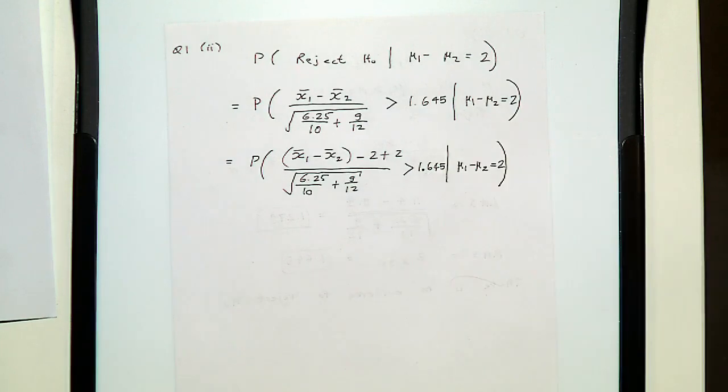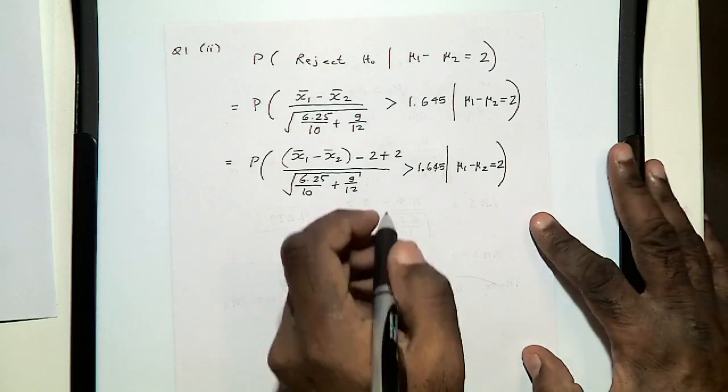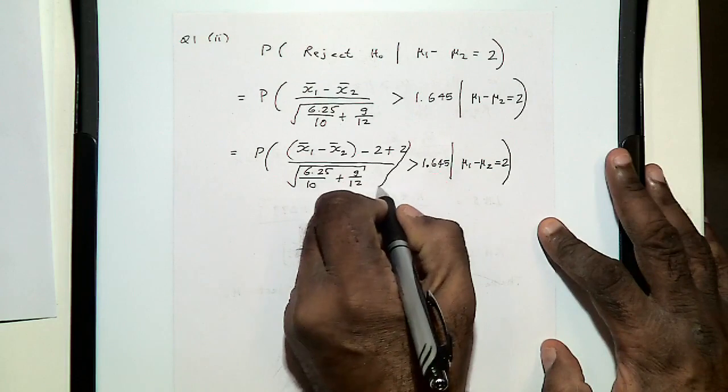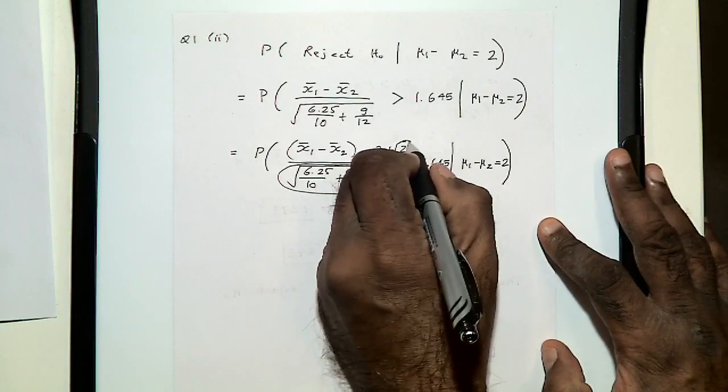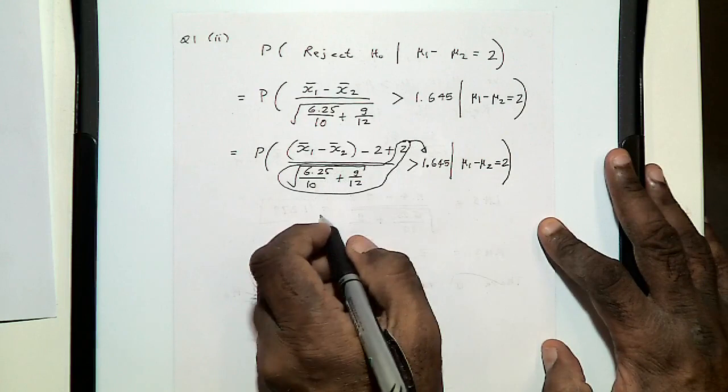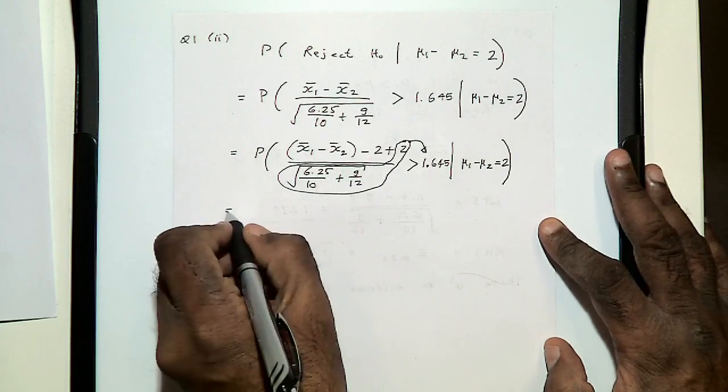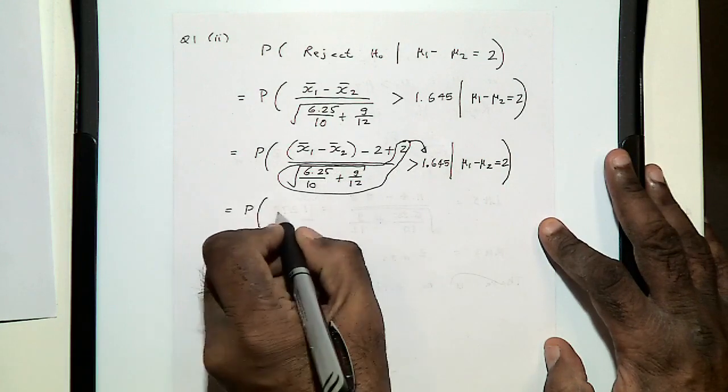Right? You see why I'm doing this? Because the true difference between the population means is now equal to 2, not 0, right? Okay? Now, in the next step, I'm going to take this term here to the right hand side of the inequality. So this will become